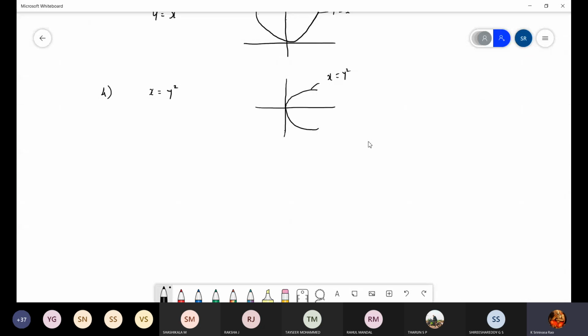And one more is there. Circle, you know, right? What is the equation of a circle? x square plus y square is equal to r square. Yes, that equation you know. One more important curve I will tell you: x power 2 by 3 plus y power 2 by 3 equals a power 2 by 3.